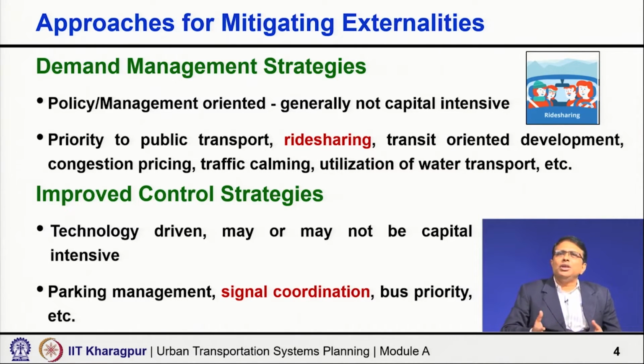The third is how the demand and supply interact in a transportation system at the interface of control. So, you have roads, you have vehicles, but the overall transport system performance will also depend on how you are controlling the traffic, the overall control system. So how you are doing your parking management, how you are doing your pedestrian management, how you are managing your traffic signals, okay. All such kinds of things are mostly technology driven and management driven. Here also it is basically technology and management for traffic control, traffic management, overall transport management at the network level, corridor level. So, managing the individual intersection, how I can improve the signalization or do better signalization